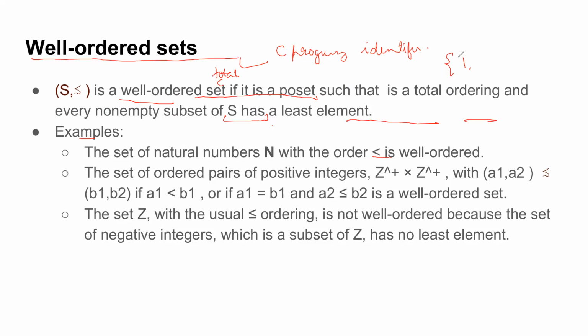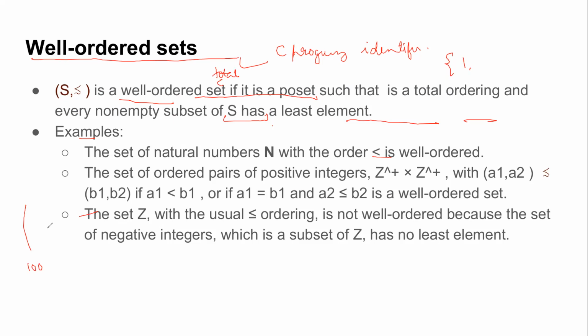Okay, so we'll see the diagrammatic representation of cosets today. What we want is that there should be some element which covers all the elements above it. That's what is required for well-ordered sets. Suppose I have a class of students and I assign them marks. What I want is that there should be some least element. In marks, the least element you can get is 0 because there's no negative marking. So what we require is that there should be at least one least element of the given set, right?